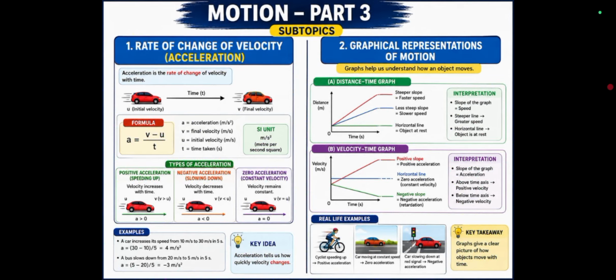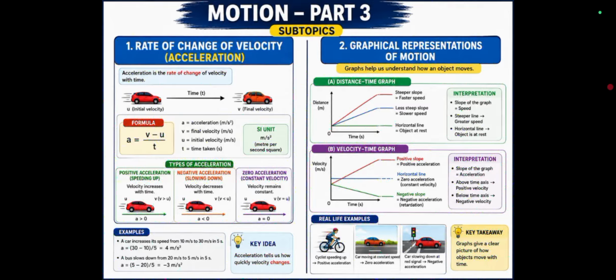In our previous class, we learned about speed and velocity. We also discussed uniform and non-uniform motion. Let me ask you a question for that topic. Suppose a bicycle is moving at a constant velocity of 10 meter per second. After some time, it is still moving at 10 meter per second. Has its velocity changed or not?